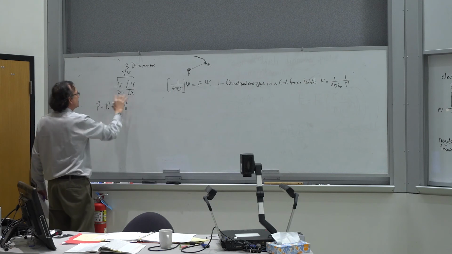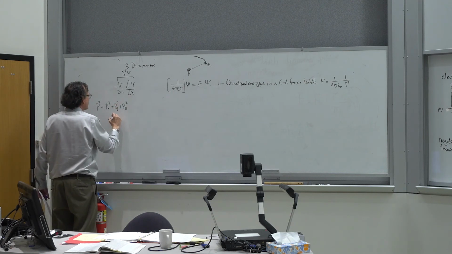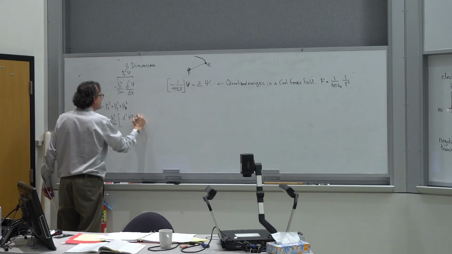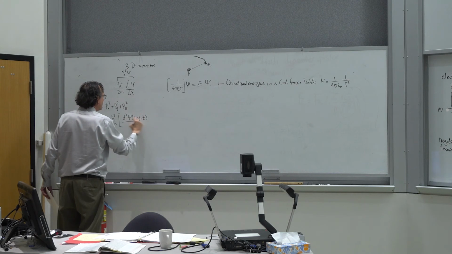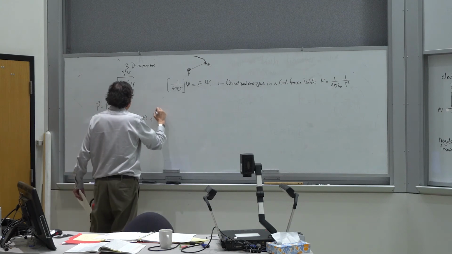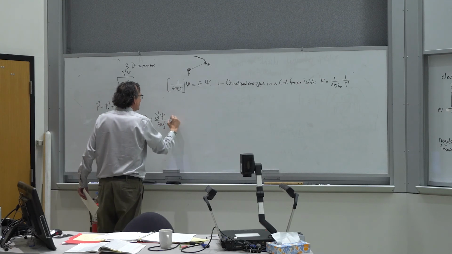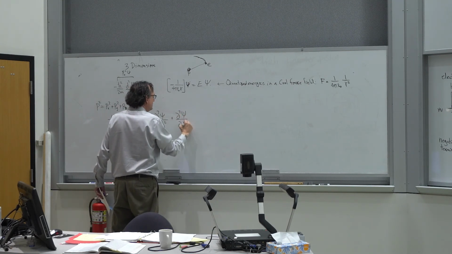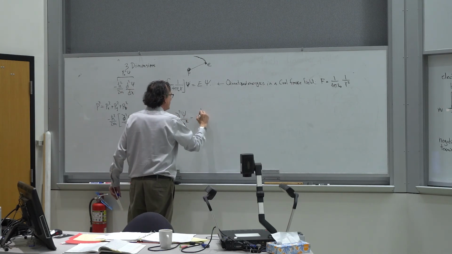So I have 3 terms like this. I have minus h bar squared over 2m times the second derivative of psi of x, y, and z. So now it's going to be a function of 3 variables with respect to x, and these become partial derivatives, plus the second derivative of psi with respect to y squared, plus the second derivative of psi with respect to z, which we write this way,